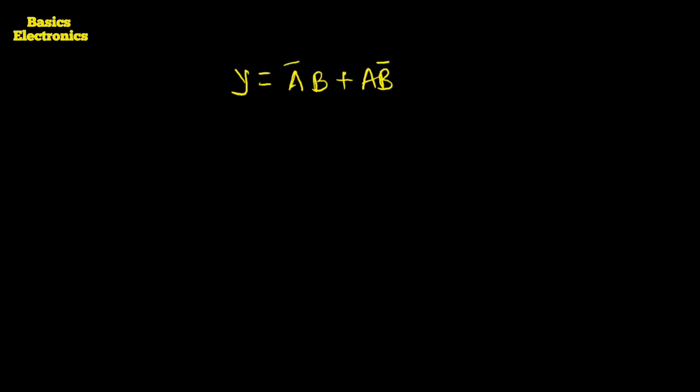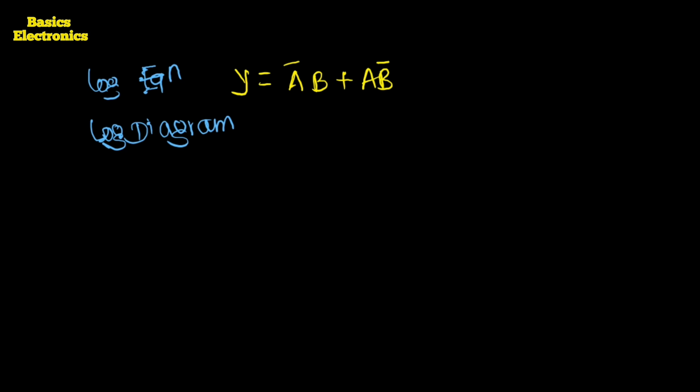We can construct it by using all the basic gates, but where we have to apply the inputs and where we get the output. One thing we have to remember while drawing the logical diagram: instead of starting at the input side, we start at the output side so that you can draw the diagram very well. So for drawing the logical diagram, this is the logical equation. We have to draw the logical diagram by using this logical equation, and we have to draw it from the output side.